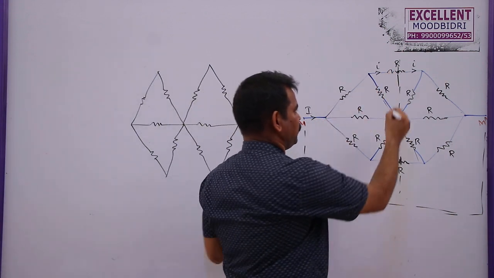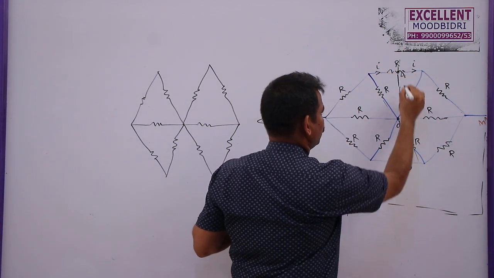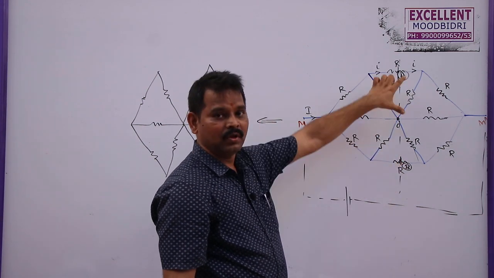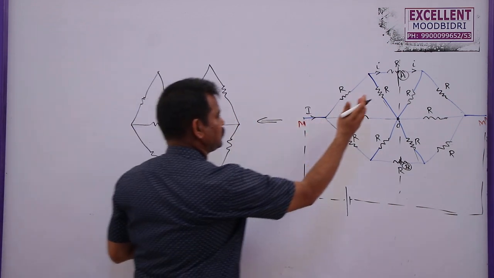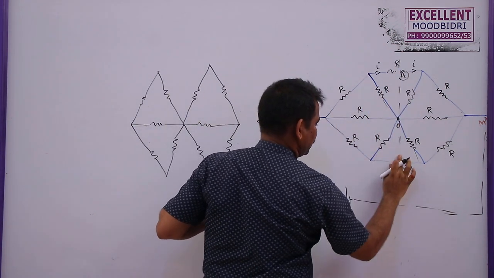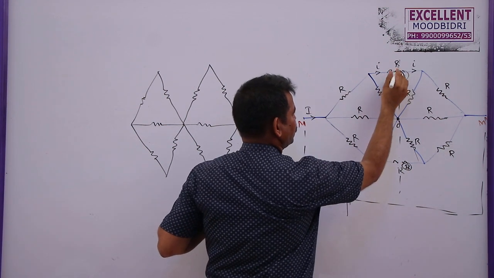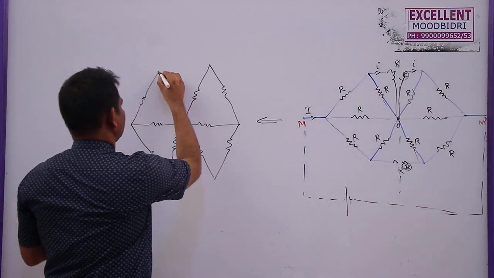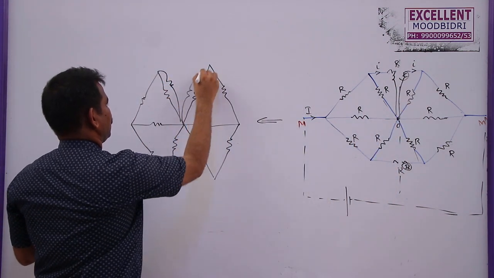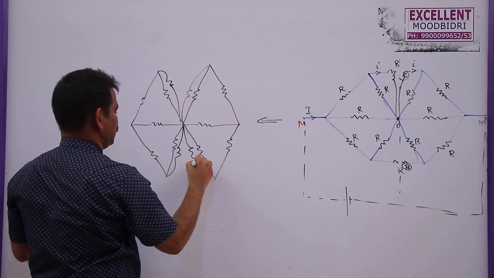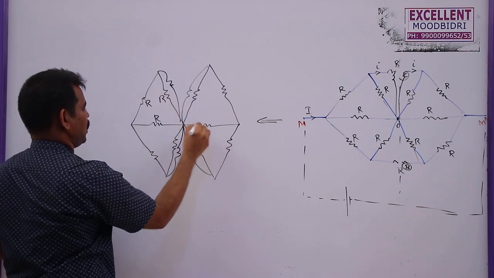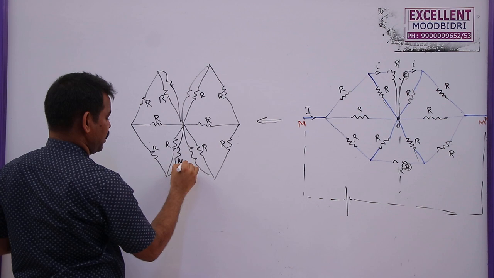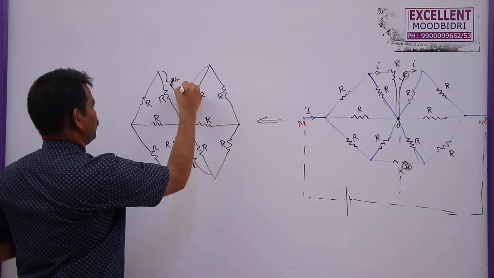Now this point, let me take this as A, B. Both A and B are at the same potential, and the potential of A, O, B are the same, so we can join them directly. So while joining, I need to disconnect this one, or I have to cut this one. I need to join only half of the resistor here and half of the resistor here, like this. So this will be half of the resistor here, half of the resistor here, half of the resistor here, half of the resistor here. These are all R. This is R. But this will be R by 2. This is also R by 2.